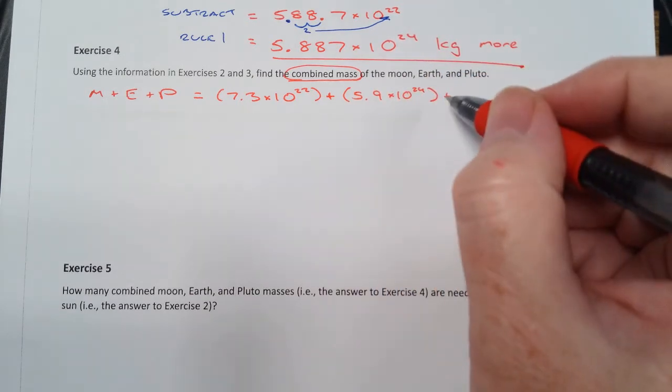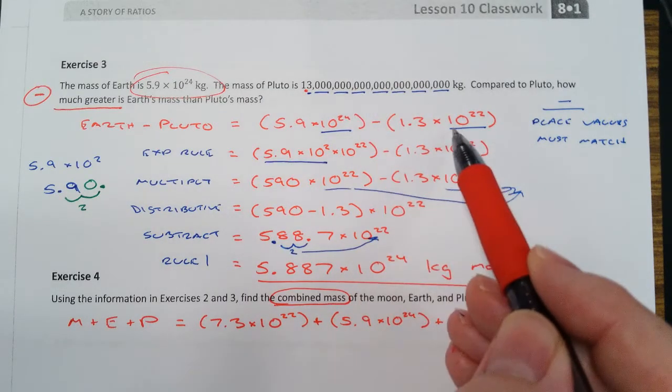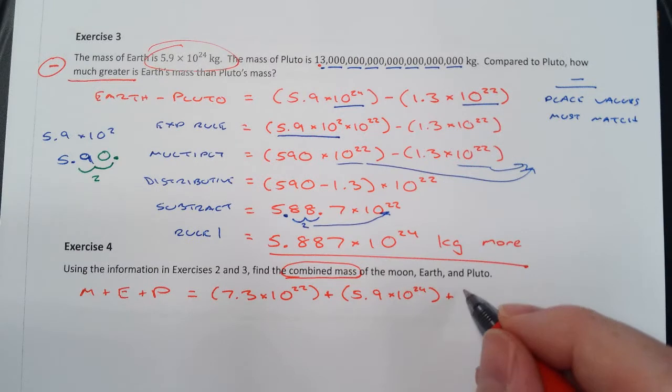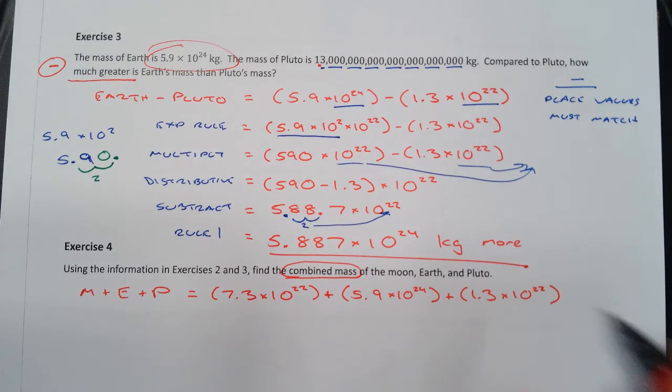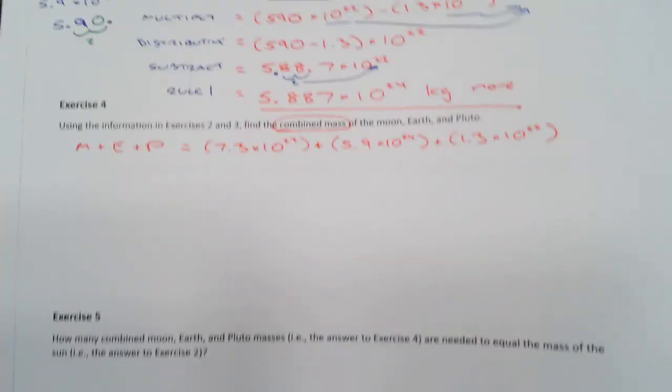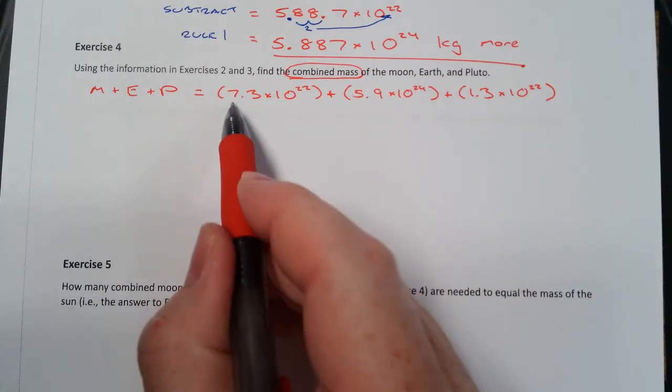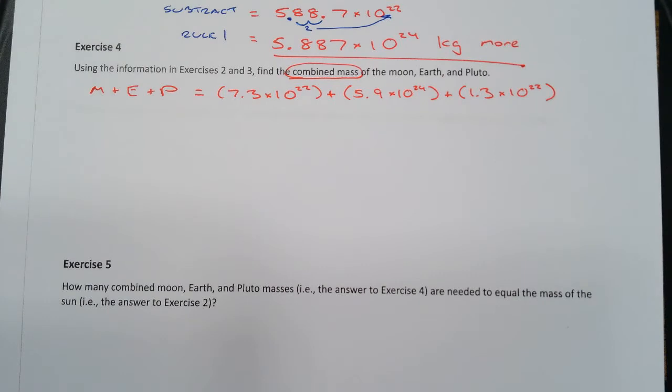Plus the mass of Pluto, which is this, but I already changed it to scientific notation there. So I'm just going to write the scientific notation that I already did. I do not have to do the same work twice. Now there's this addition problem. Already you can see what you have to do for the first step